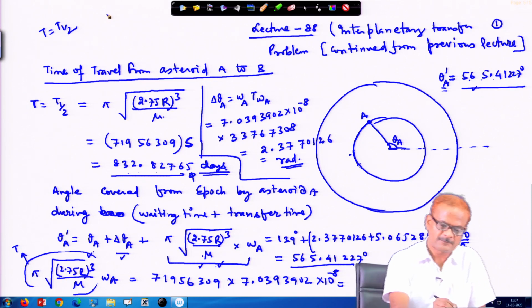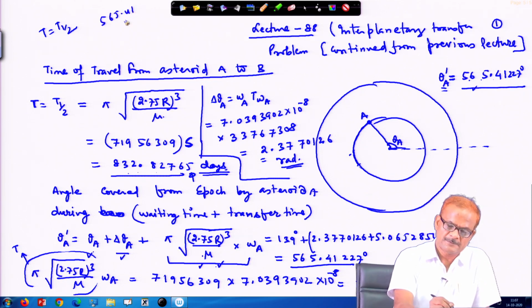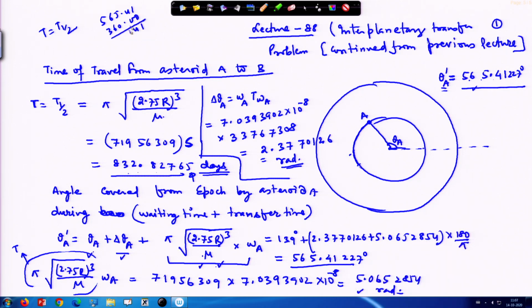565.41227 degree, and if we subtract from this 360, say, we get 205.41227 degree. So, that means measured from this place it crosses it and then again comes to 205 degree, means somewhere it may be, say here 180 plus 25, 205 degree more. So, somewhere it may be in this place.